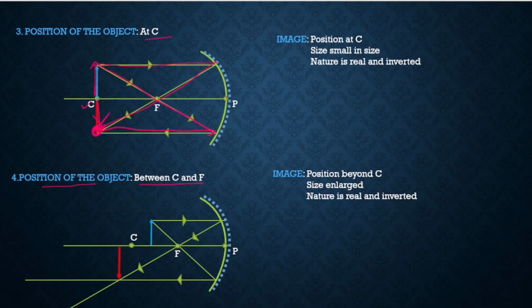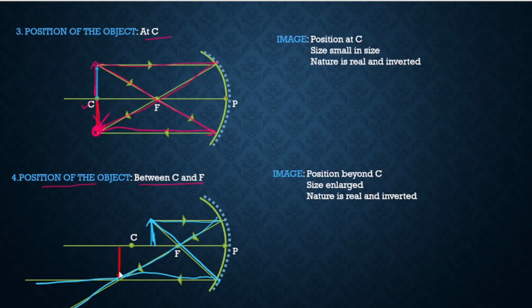Next, position of the object between C and F, between center of curvature and focus. अभी ऑब्जेक्ट का पोजीशन कहाँ पर है? सेंटर ऑफ कर्वेचर और फोकस के बीच में। अब यहाँ से एक रे निकला, ये रे किसके साथ पैरेलल है? पैरेलल टू द प्रिंसिपल एक्सिस, so it will pass through the focus. Next ray of light, दूसरा लाइट फोकस से पास किया, it will reflect and it will come parallel to the